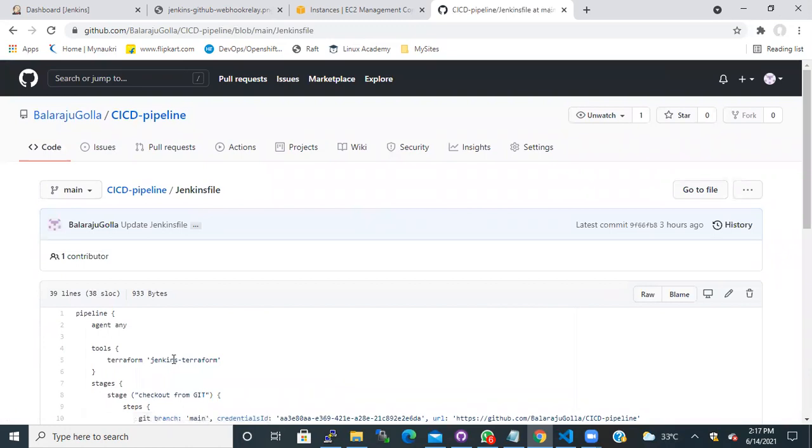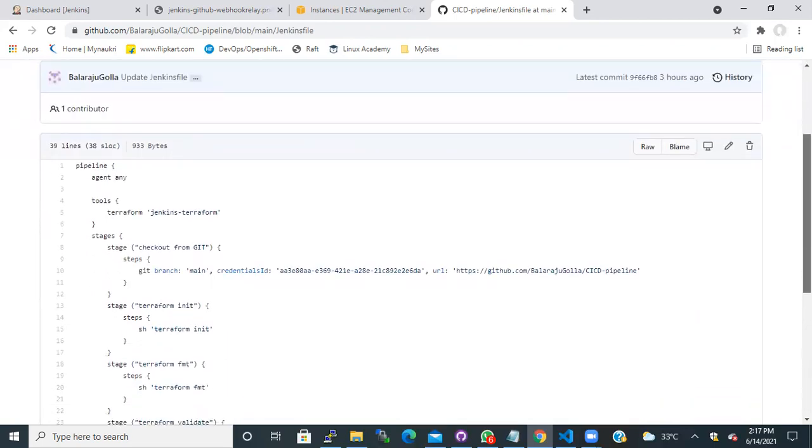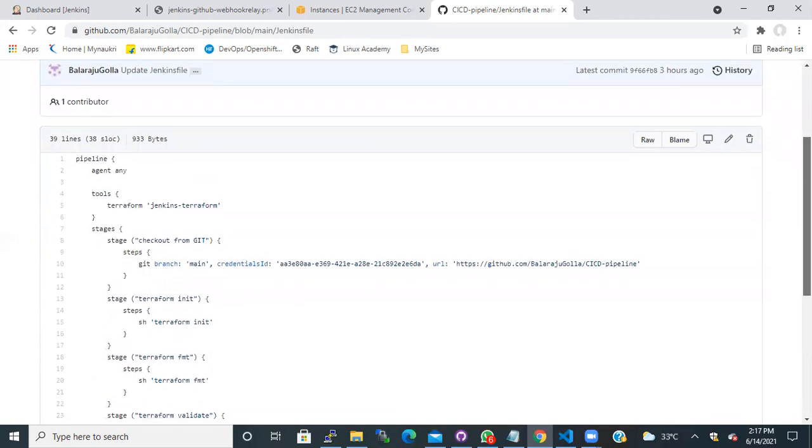The Jenkinsfile contains how our pipeline should be triggered. It's a step-by-step initiation of how we are going to start this pipeline. This tells how our pipeline is getting executed.